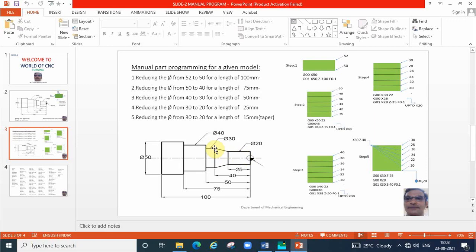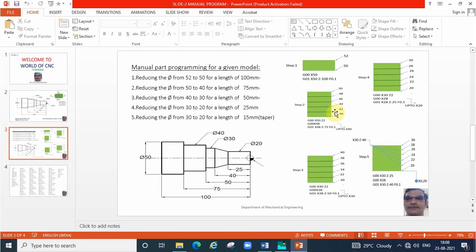This is the end point. So this is 25 plus 15, totally 40 mm. So minus 40 should be there for all the cuts, for all the taper turning. Okay, so 2 mm decreasing, taking cut, reaching X30 and Z minus 40 every time for taper turning.